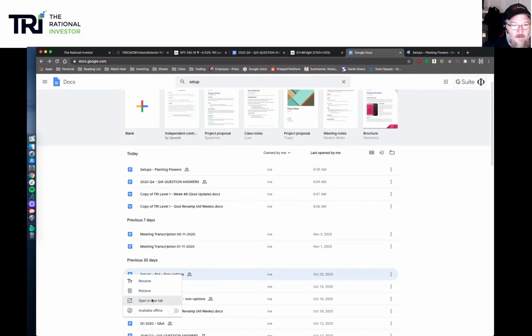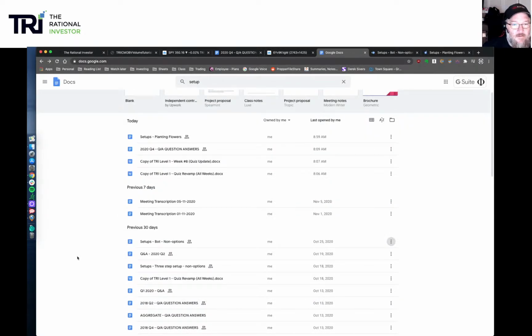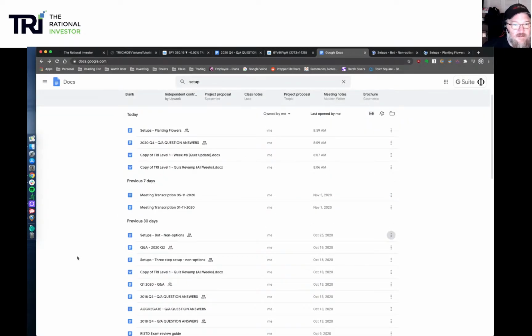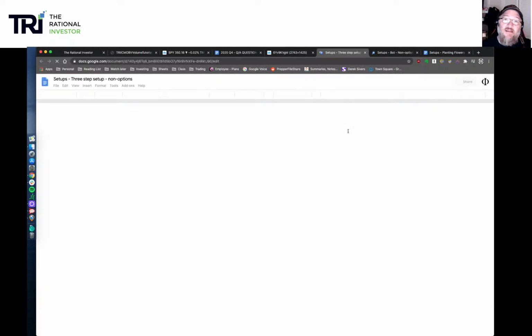Bot. Open in a new tab. Where's my 3-step setup? Open a new tab. Okay, so we're now at the point where we can understand a little more of these